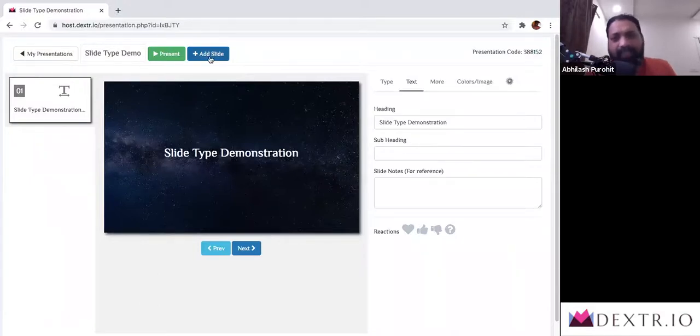The next button is add slide, and we're going to look at it in a bit. If we go all the way to the right, there is a presentation code. The presentation code for this specific presentation is 388152. And this is the code that you are going to share with your participants so that they can interact with